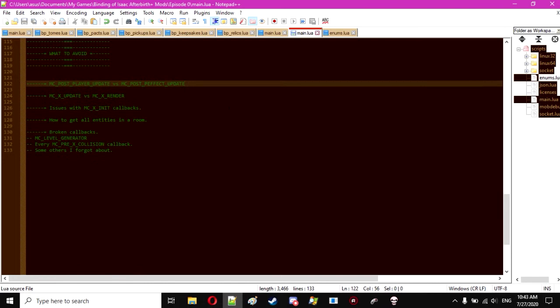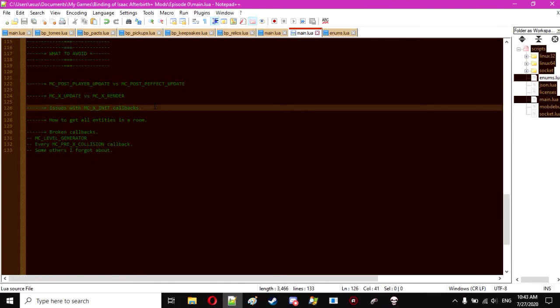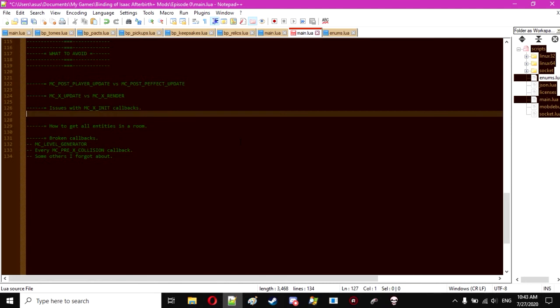Okay, there's a few issues with the MC init callbacks. Now these are good. Imagine you want to make an item that, I don't know, maybe gives the player a damage up or something when an entity spawns. So you want to use init. Or say you want to register a variable when an entity spawns that's valid. So say